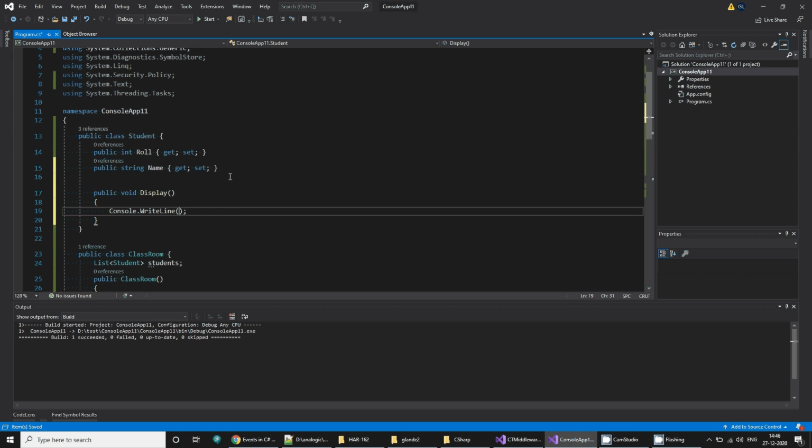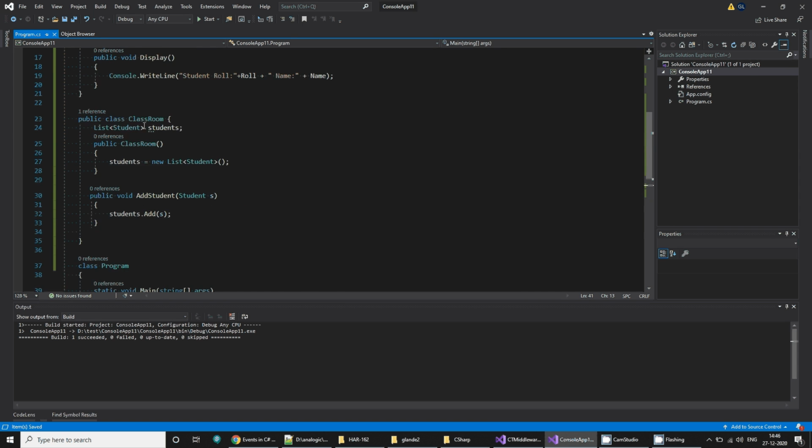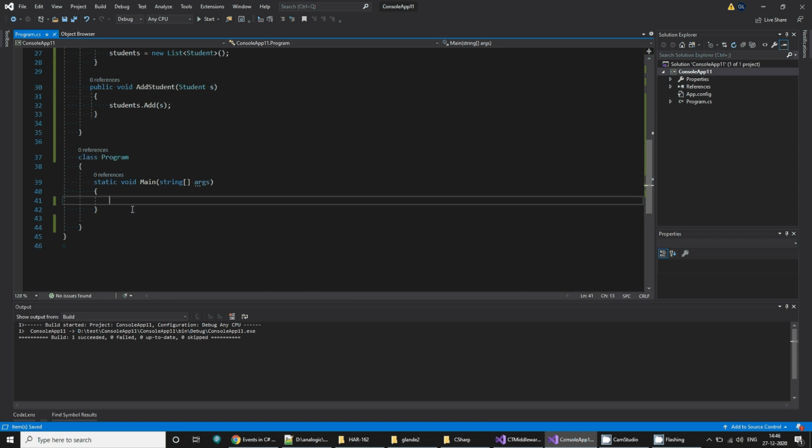So the Student will have a display method, Display. This will simply display the student information: Student roll number is roll, and his name is name. Okay. So here what we will do is we'll create an instance of Classroom. So Classroom classroom is equal to new Classroom,